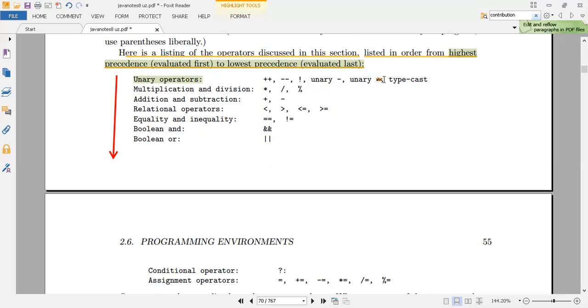And also typecast has the highest precedence. These things you have to do at that time. And if it has a negative sign, for a positive sign, it will not change it, but this kind of thing has the highest precedence in an